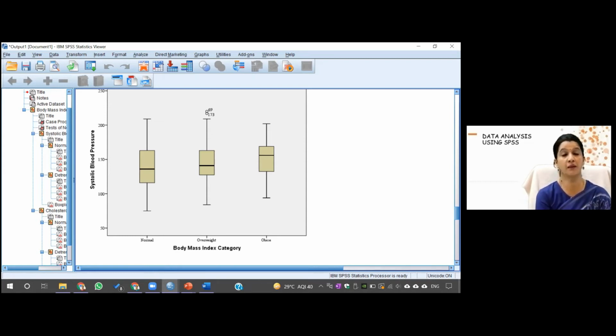Now what should you do with this outlier? We have read about the outlier yesterday. What should be done with an outlier? Please type in the chat box. With 69 or 173, what should I do? Include in data, ideally be retained, include. Yes, the first prerequisite is to report it. Report it means you acknowledge in your result that you have found these two outliers.